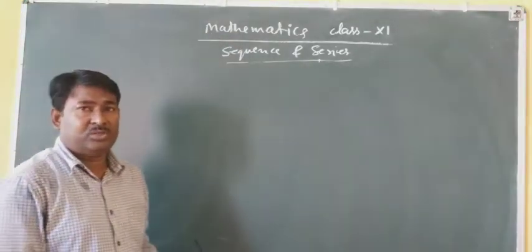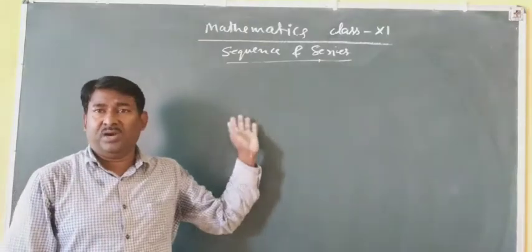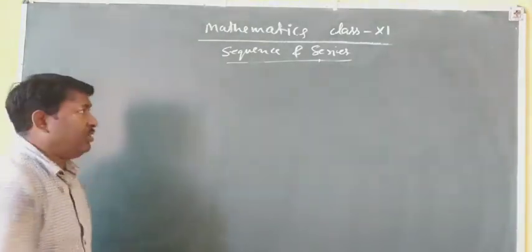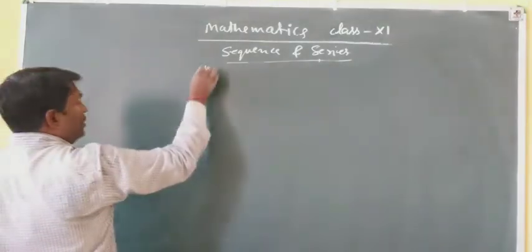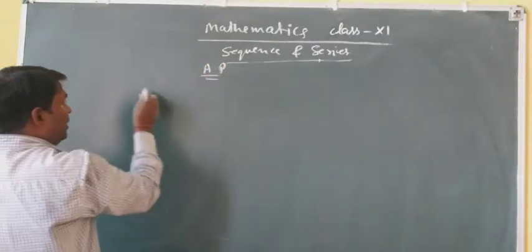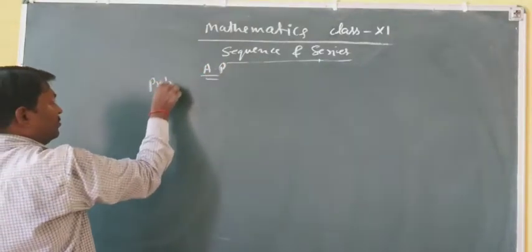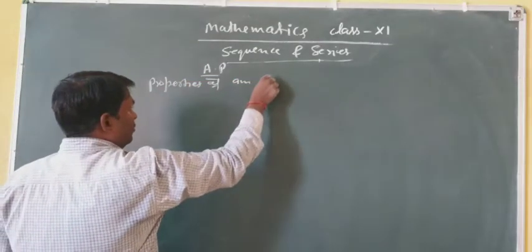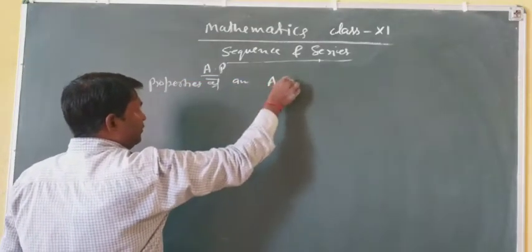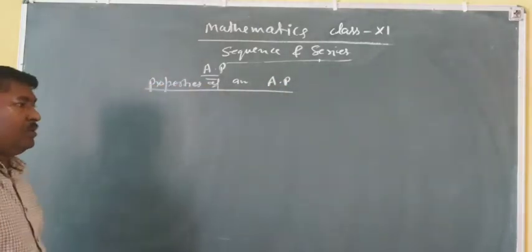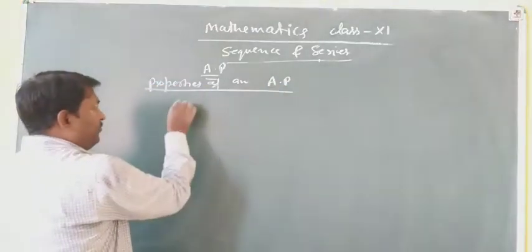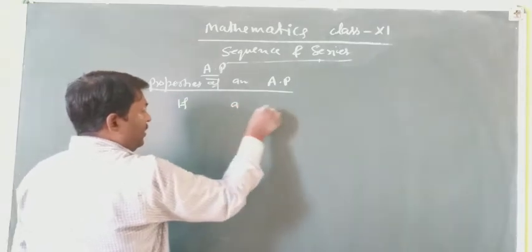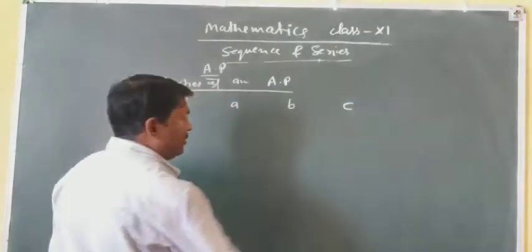Today I am going to explain to you the properties of an AP. Here, arithmetic progression and properties. Properties of an AP. Here it is given that if A, B, C are in AP,